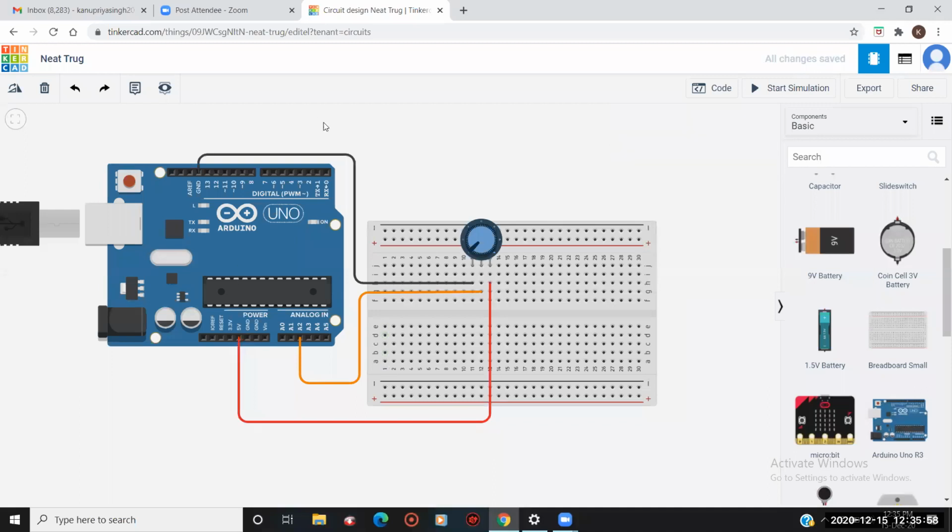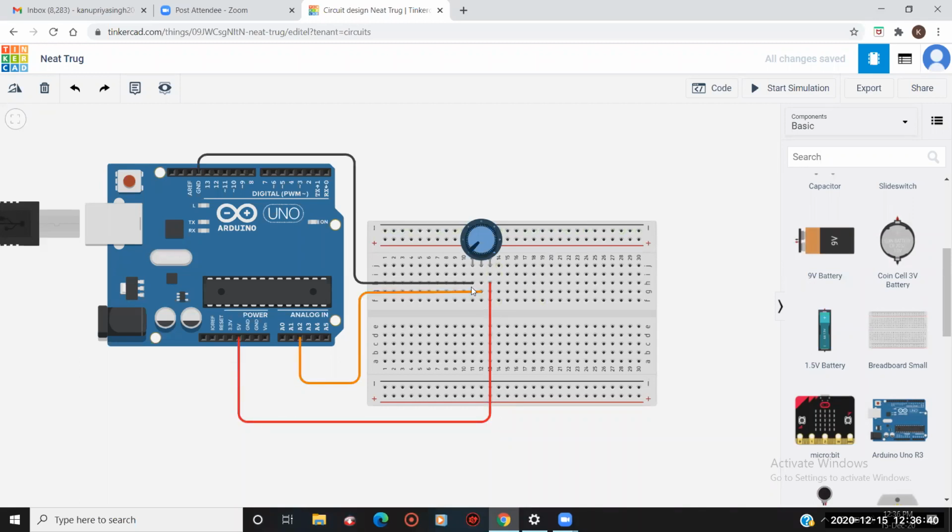So just look at the screen very carefully: the black wire is connecting the potentiometer to the Arduino. It is our ground wire, giving zero power, the negative terminal basically. And the red wire is giving the power supply, like what we have in our home, where by pressing the button we switch on our TV and our fan. It is just giving the power like that.